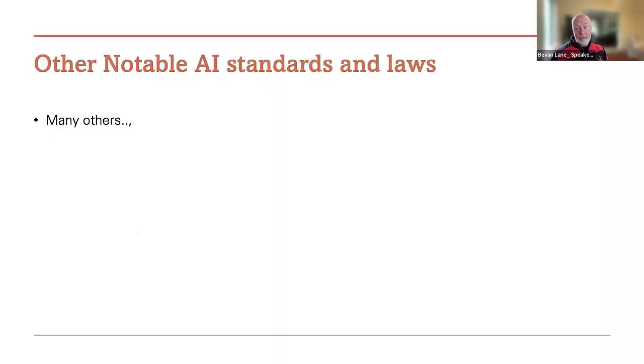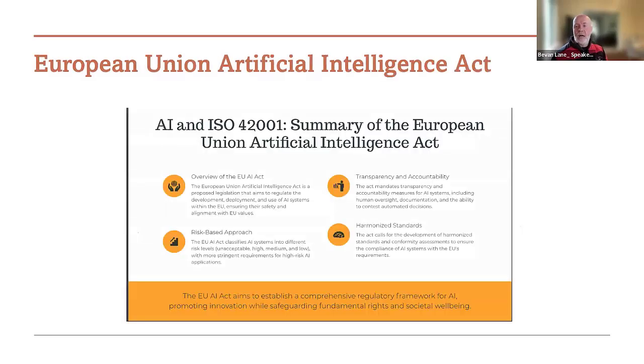Yeah, there's lots of laws. That slide there is like, I just want you to know there's many other laws. I'm going to focus on three of them. The first one is the one I just mentioned now, the EU Artificial Intelligence Act. It's relatively recent. I think it was passed last year.